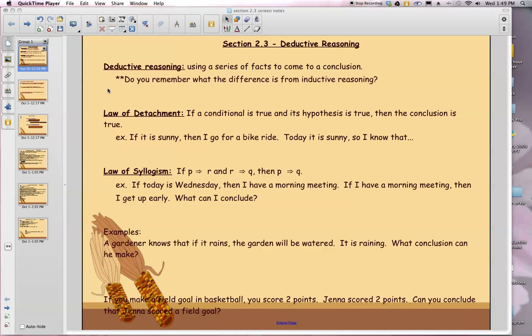Section 2.3 is talking about deductive reasoning. At the beginning of the year, we talked about inductive versus deductive reasoning. Deductive reasoning is using a series of facts to come to a conclusion. That differs from inductive reasoning in the sense that inductive reasoning is coming to a conclusion based on a pattern